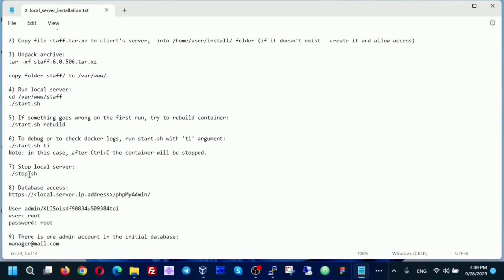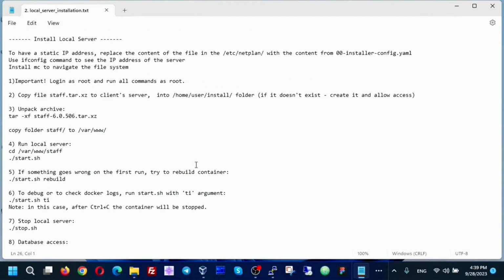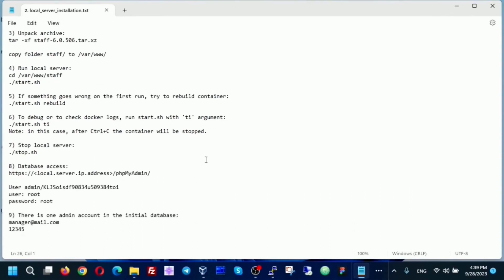If we want to stop the local server, type stop sh. But there is another command, start sh with restart parameter, to restart the local server. If, for example, we change some settings on the server, we can simply reboot it, without rebooting the operating system.